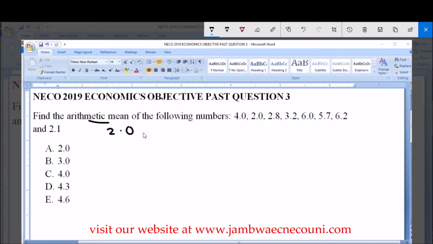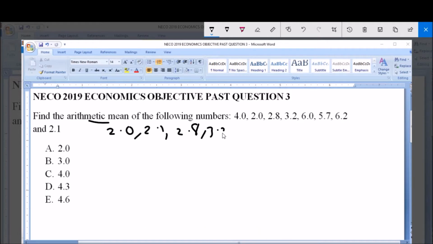So 2.0, 2.1, 2.8, 3.2, 4.0, 5.7, 6.0, 6.2. So you have 1, 2, 3, 4, 5, 6, 7, 8. 8 numbers. Now the formula for arithmetic mean, which is represented